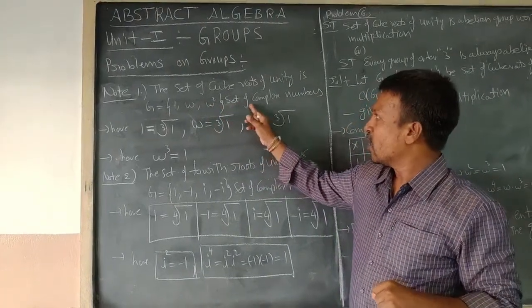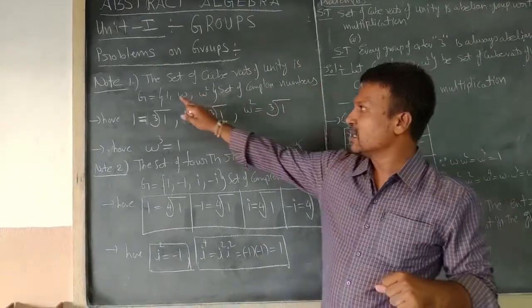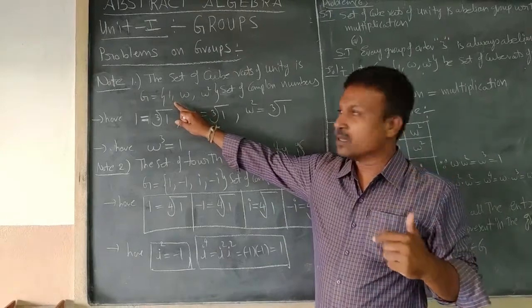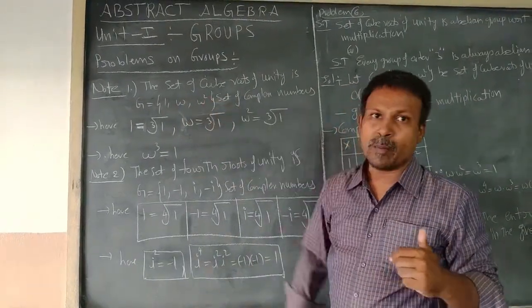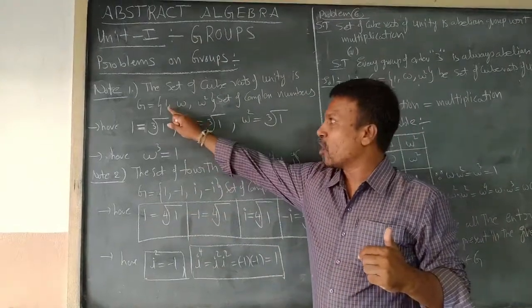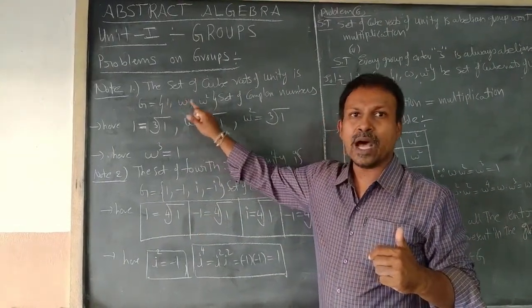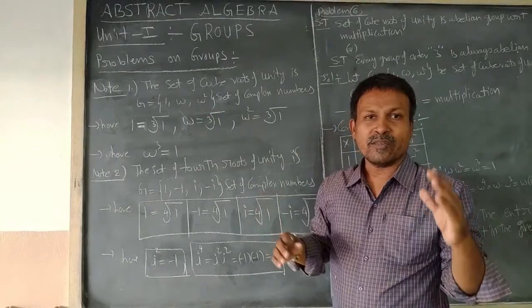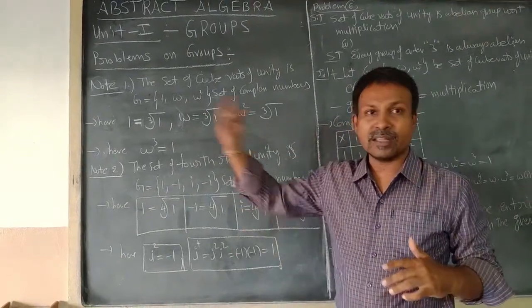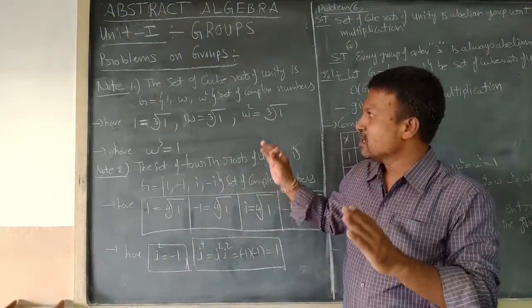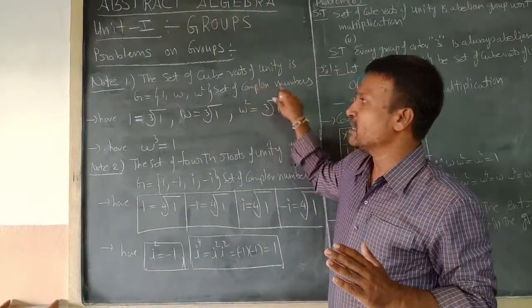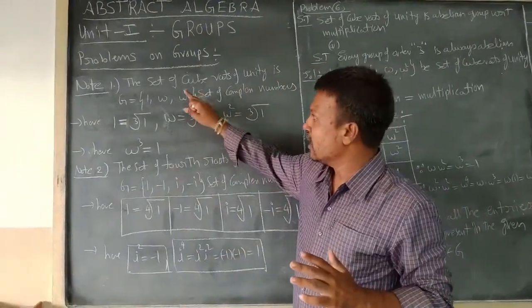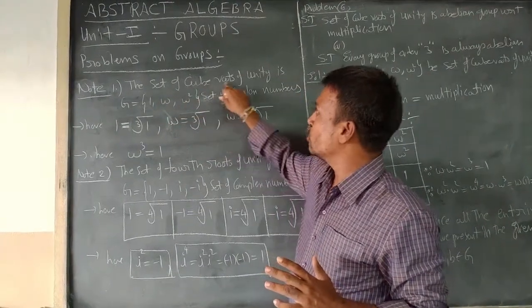which is a set of complex numbers. Right, here 1 is a complex number, omega is a complex number and omega square is also a complex number, right? The complex number form of 1, omega and omega square will be very much well known in further problems. So let us now consider these three elements as a set of complex numbers, right? What I have written as the set of cube roots of unity, right?